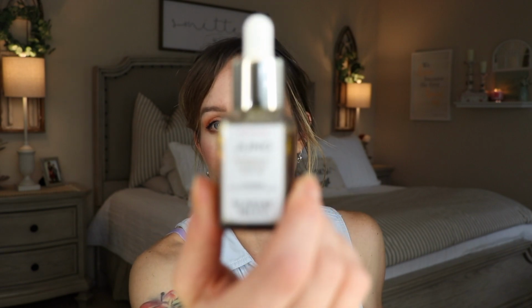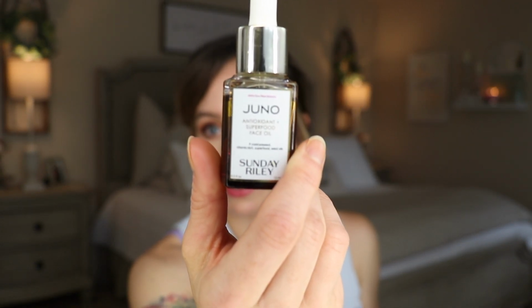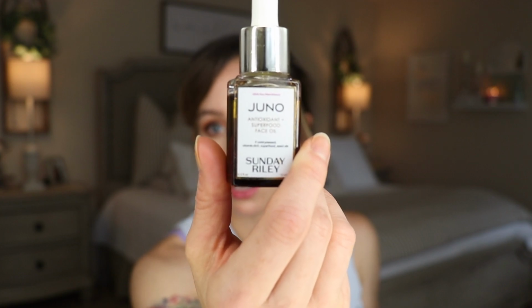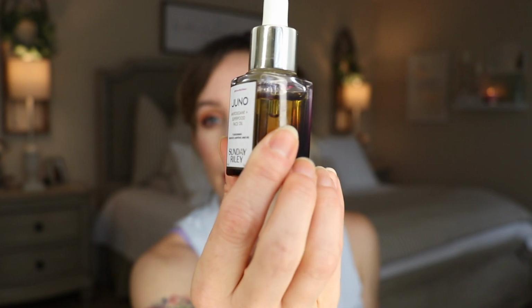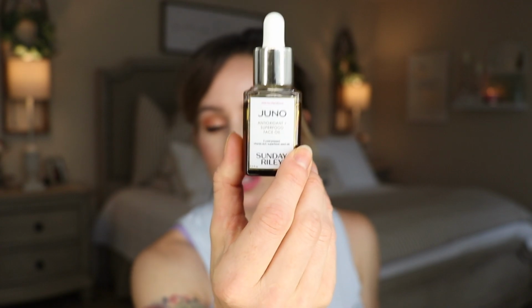It's got cold pressed, vitamin rich superfood seed oils, antioxidant plus superfood oil. This is my favorite face oil. Out of all the oils I've ever bought and tried, this is my absolute favorite. It's called Juno by Sunday Riley. This is the smaller bottle, and I use this sparingly because it's expensive. But you guys,